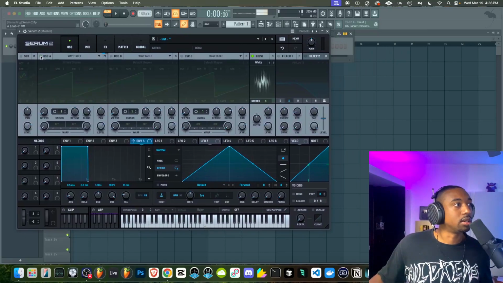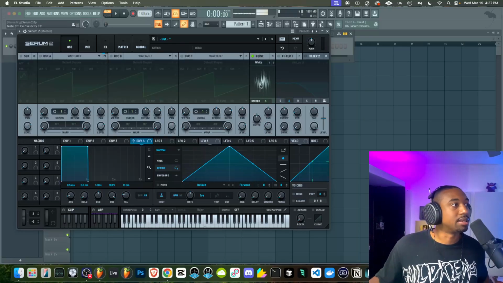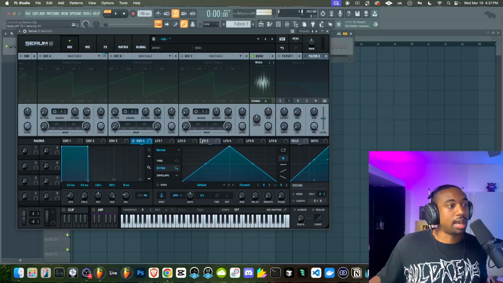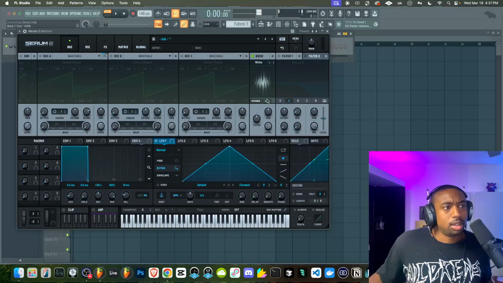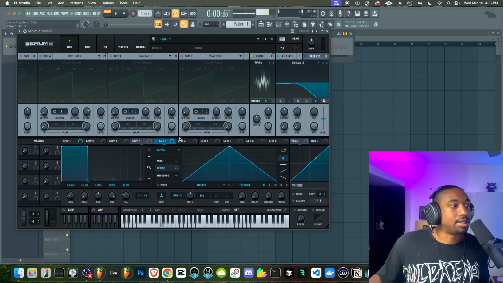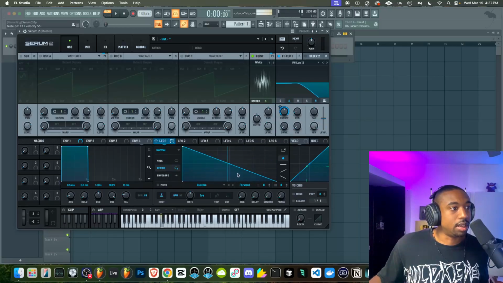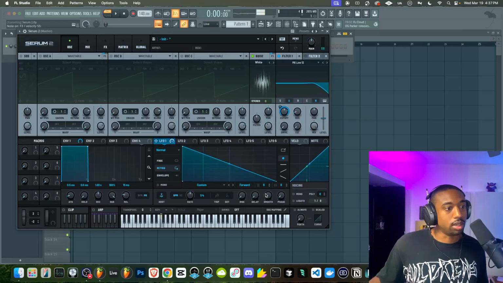Let's turn off the oscillator. So now we just have simple white noise. And the question is, how do we make this sound cool? So let's add an LFO over the, actually, let's remove that. Let's send the noise through the filter, hitting the N button, turn the filter on, and let's drag the LFO over the cutoff frequency. Let's have this do a fade down, a sawtooth going down, ramp down.